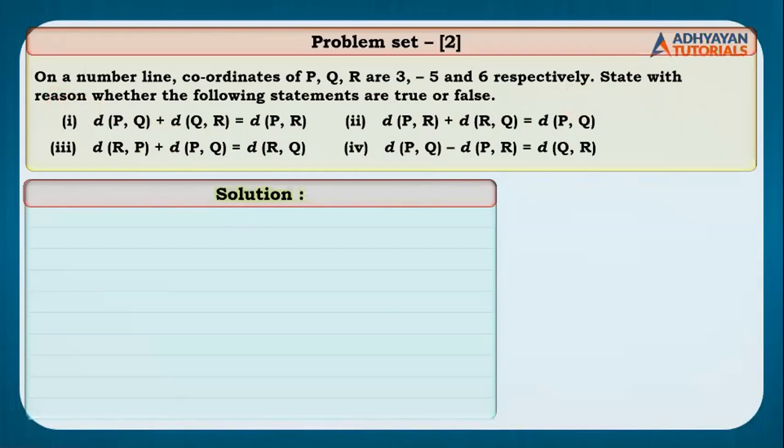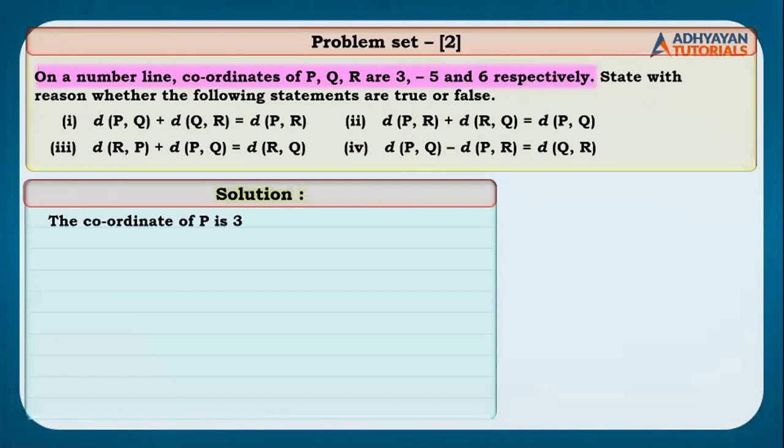So we start the sum, children. These 3 points are on the number line. So imagine a number line in your mind and just tell me, out of these three, which will be the greatest coordinate? 3, -5 and 6. On the right hand side, who will be there? 6. And then in the middle, who will be there? 3. And then on the left, who will be there? -5. Right? I hope everybody can imagine that on a number line.